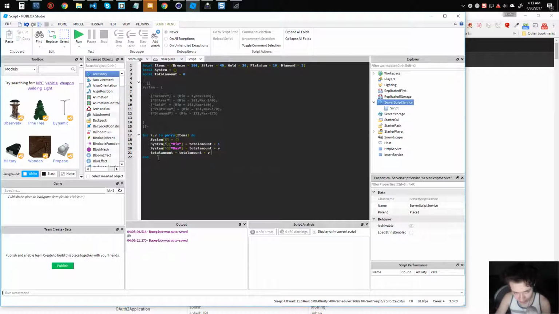So after it does that with that table, we're going to do another loop right here: for IV in pairs. This time we're not going to use items. We're going to use system. Okay. So now we're entering this table that was created and filled in with this loop. This system, what we're going to do is check. Well, first we're going to make a random. So we're going to call chosen item equals